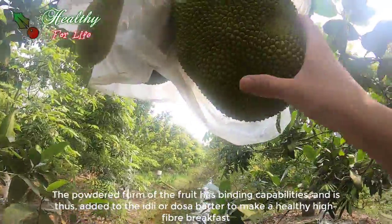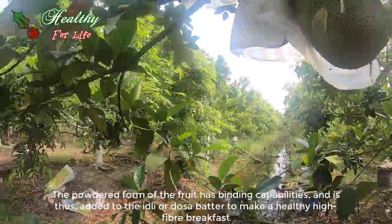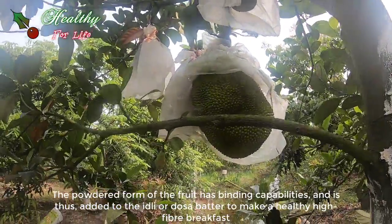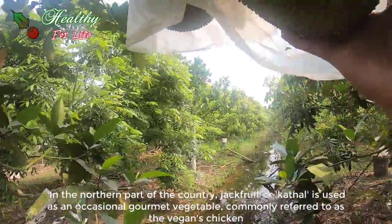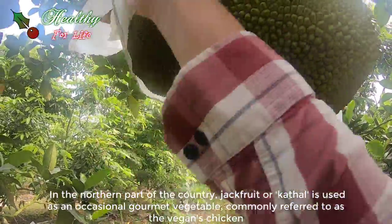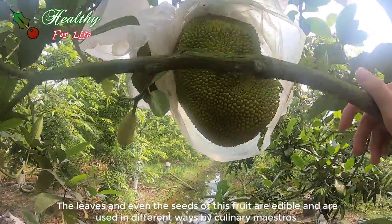The powder form of the fruit has binding capabilities and is thus added to the idli or dosa batter to make a healthy high-fibre breakfast. In the northern part of the country, jackfruit or kathal is used as an occasional gourmet vegetable, commonly referred to as the vegan chicken. The leaves and even the seeds of this fruit are edible and are used in different ways